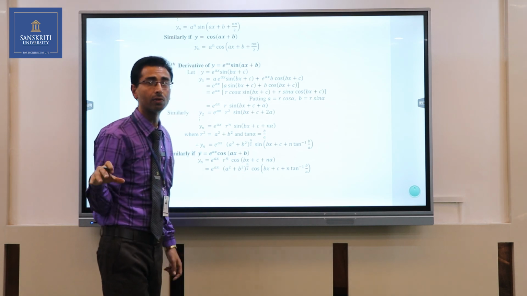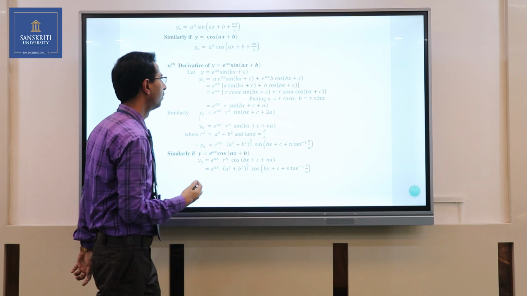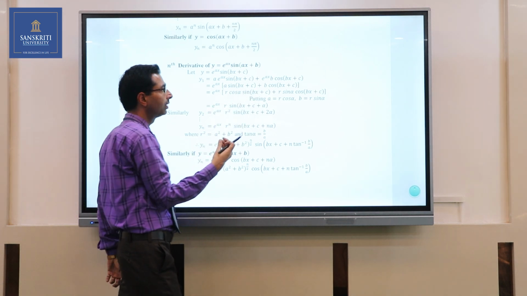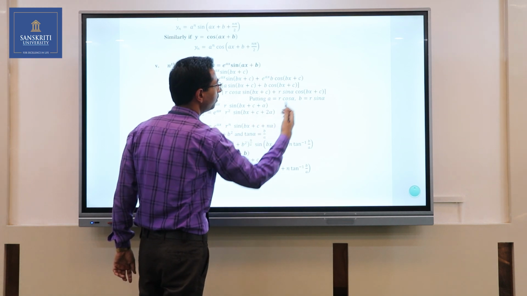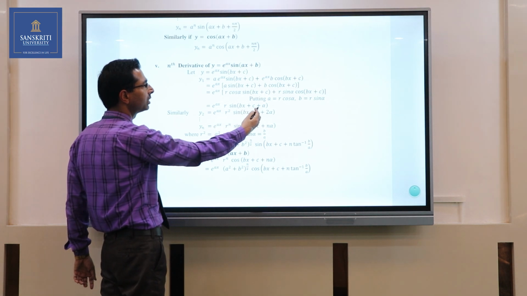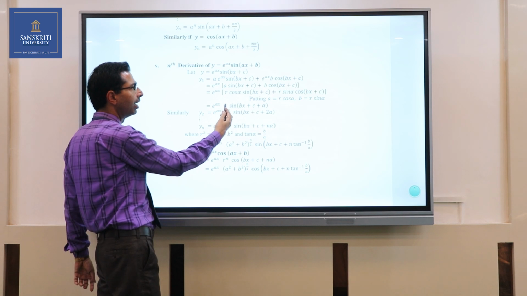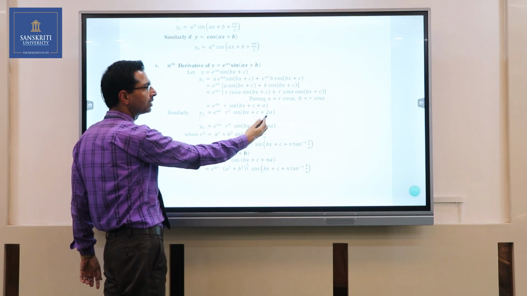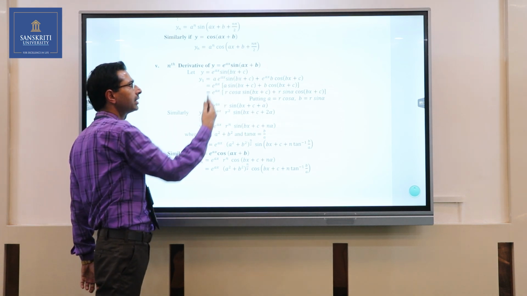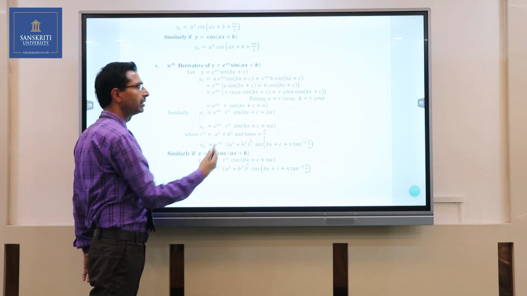We put a equal to r cos alpha and b equal to r sin alpha. For solving this derivative, we put these values, a equal to r cos alpha and b equal to r sin alpha. Now we find e to the power ax r sin(bx + c + alpha). So the second derivative of this function is e to the power ax r squared sin(bx + c + 2 alpha). And similarly we find the nth derivative of this particular function,